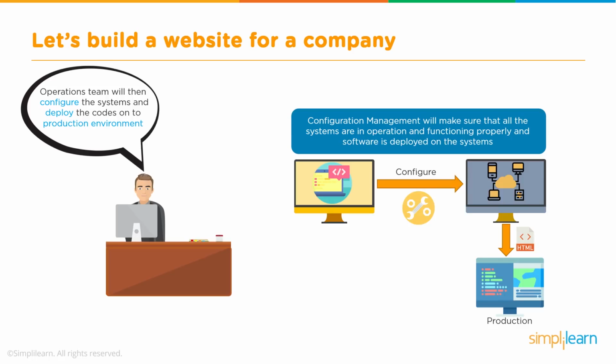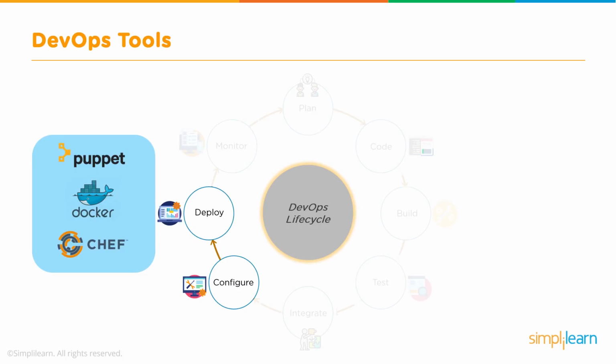Using a configuration tool like Ansible, Puppet, or Chef, we can make sure that the configuration happens automatically and in a consistent way, so every deployment is either successful or fails the exact same way it failed last time, because the failure was part of the automation. Some DevOps tools that we can use for these configuration operations are Puppet, Docker, Chef, and Ansible. Now, these tools are the most common tools used for this deployment and configuration automation phase of our DevOps delivery